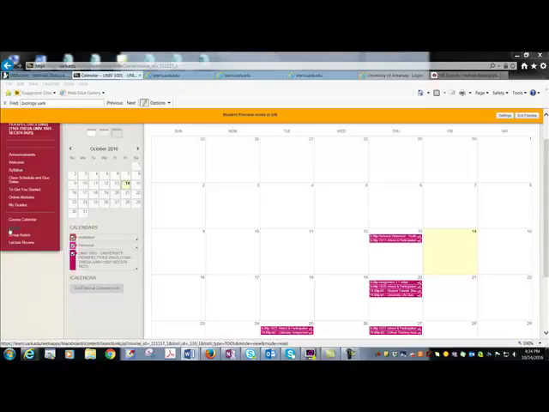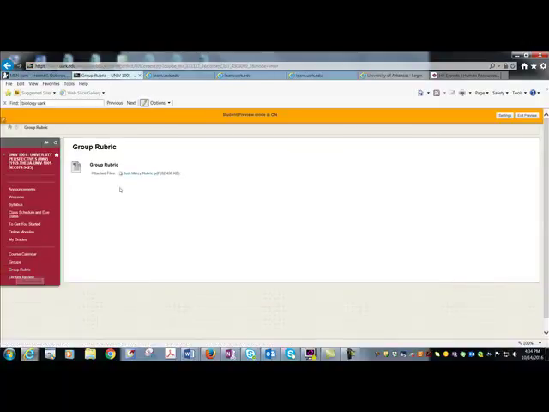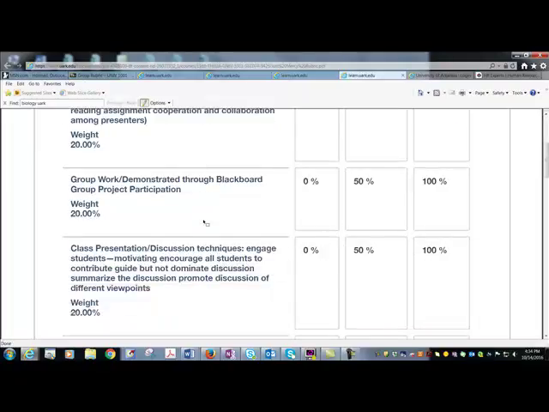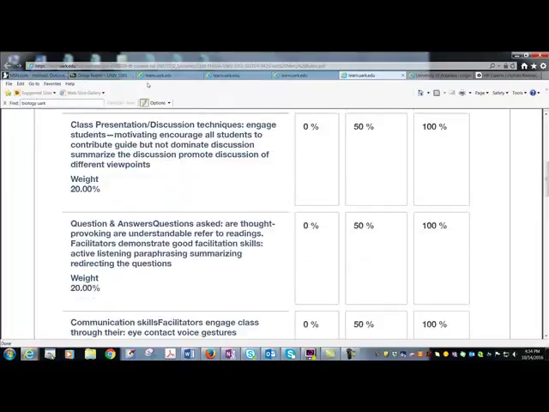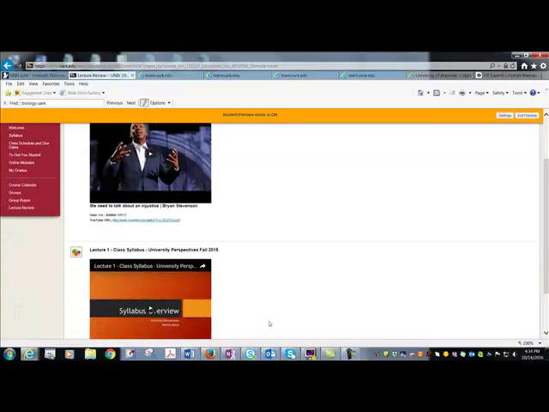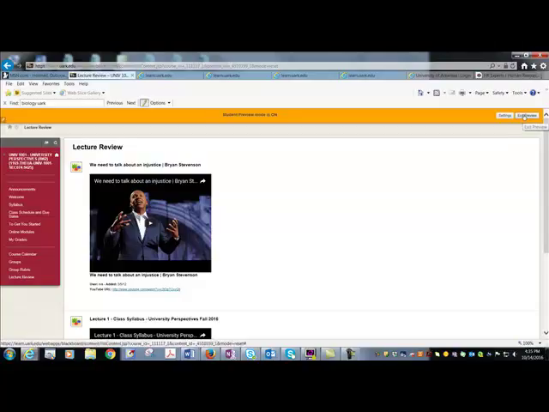And then we have our group section. And I can't see it, but you'll be able to see your group, so I may show you that in a different way. But there is also a group rubric, which basically tells you how I'm going to grade the group project, so you can take a look at that and see what that looks like. And then, let's get back here. I have a section with the lecture review, so I'm going to put things here that I may have covered in class, but if you need a review or if you miss class, this will be helpful to you. So I'm going to get out of the student preview,